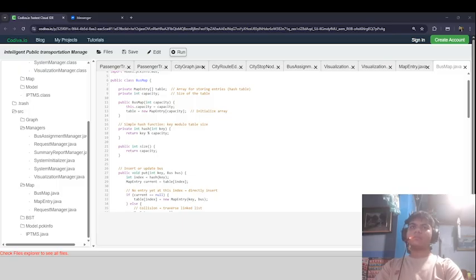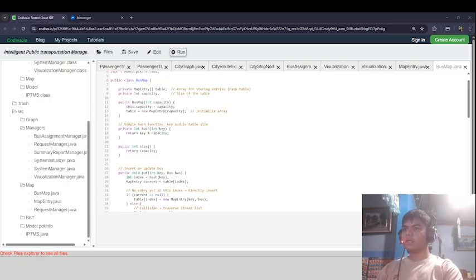BusMap class. The BusMap class is a manually implemented hash map that stores bus objects using integer keys. It handles collisions through linked list chaining and provides a simple way to look up, add, or remove buses without using advanced Java collections. The BusMap constructor initializes the bus map by creating a fixed size array of map entry objects. This prepares the structure to store buses and ensures the map is ready for insertions.